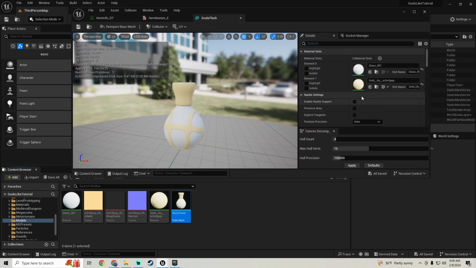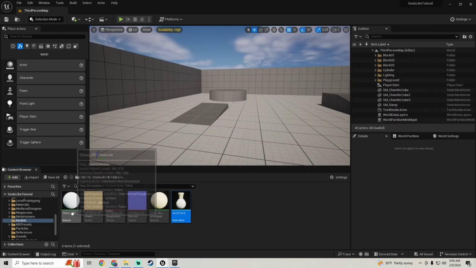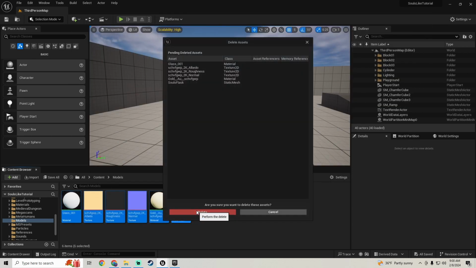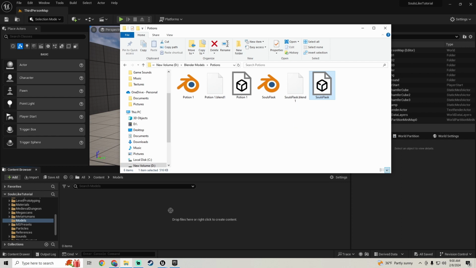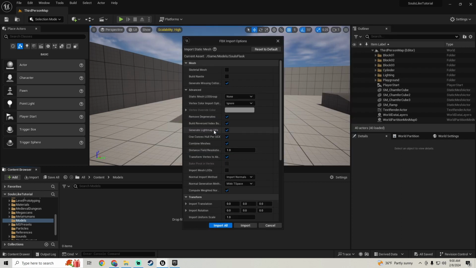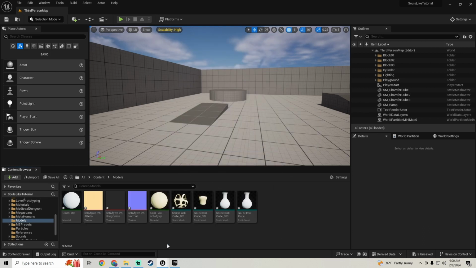So we just need, ooh, actually maybe we shouldn't have combined meshes. Okay, so I'm gonna re-bring that in. Just delete this. No, delete it. Bring it back in. Turn off combined meshes. Open that up. That way, we get these two things separately, and I can give them different materials. So I'm just gonna pull this into the world,